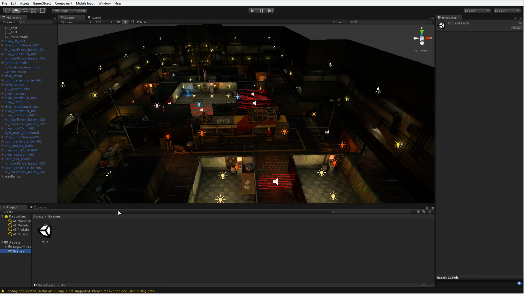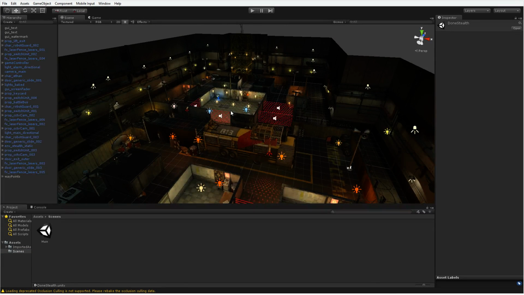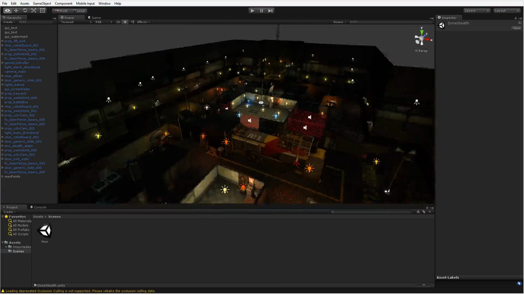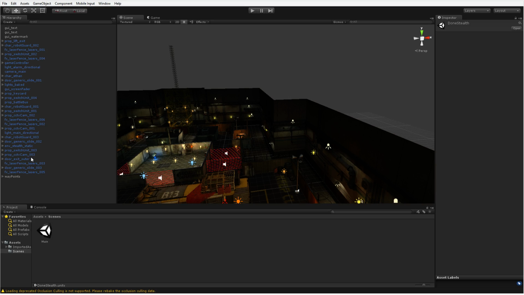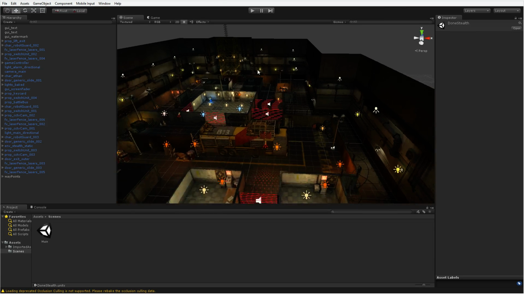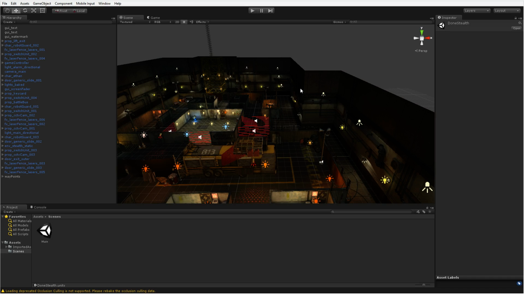So the next thing is, this is obviously a level built for the stealth game. So there's a lot of scripts in here, there's a lot of models, there's a lot of things that are unique to the stealth game, and I don't want any of those. So I'm actually going to go through the list here, and I'm just going to start removing the stuff that I don't care about. I really only want the level, and it's faster to do it this way than to start with something else, right?